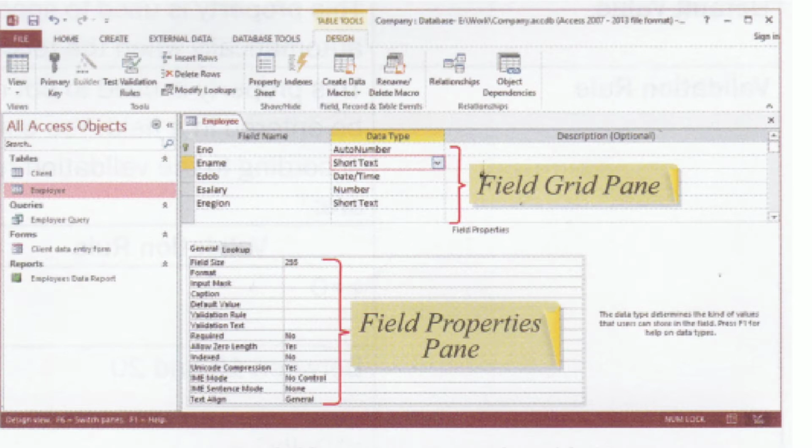The properties of the field depend on the data types, and each data type has a different set of properties. The common properties are field size, format, validation text, required, etc. We will go into detail of these properties further when I explain how to create a table using the design view.